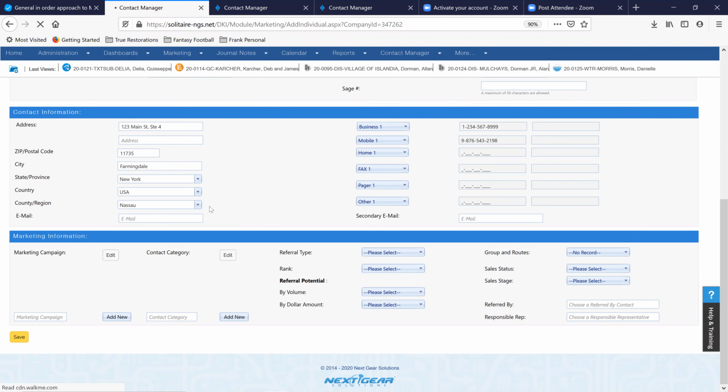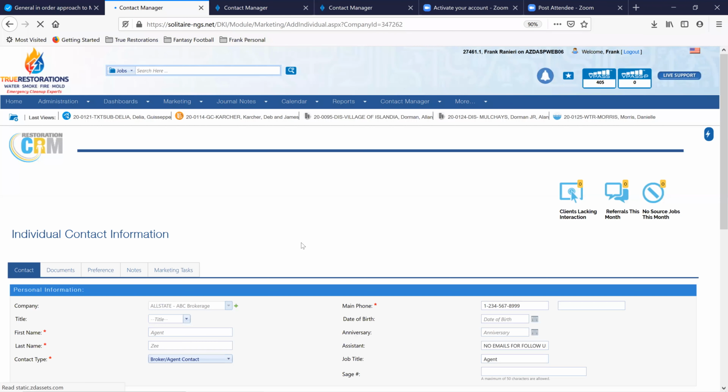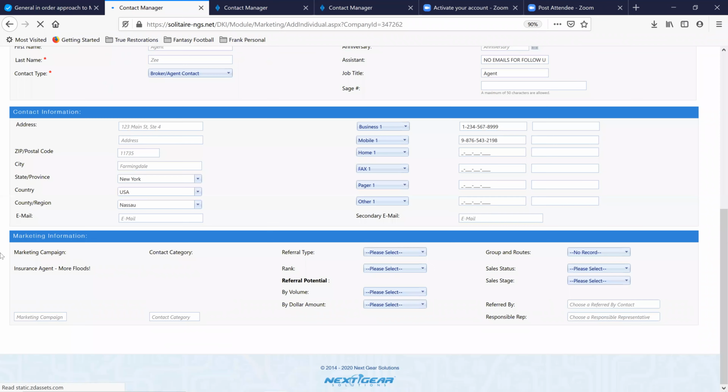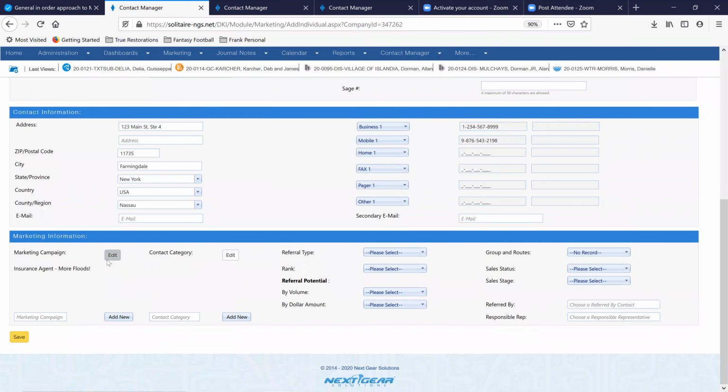So here we have edit. Once again, find the proper campaign, in this case, insurance agent. Hit OK. Now we have a campaign. Once again, you can have multiple campaigns. We might have a golf event. That golf event comes into here. We'll have insurance agent and golf event. Now their email address will be carried over for us into the golf event so we could email blast the